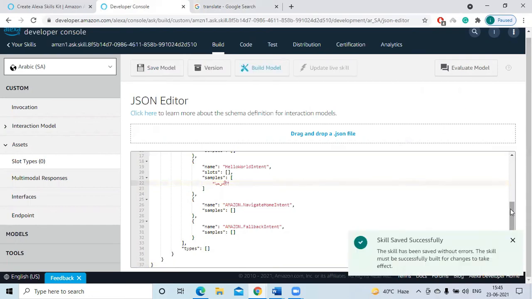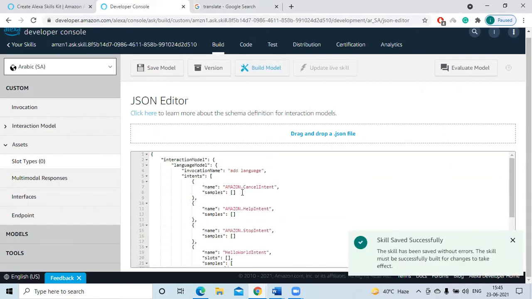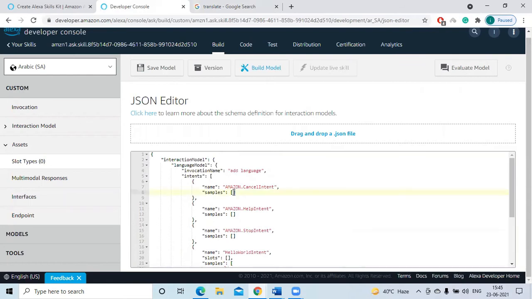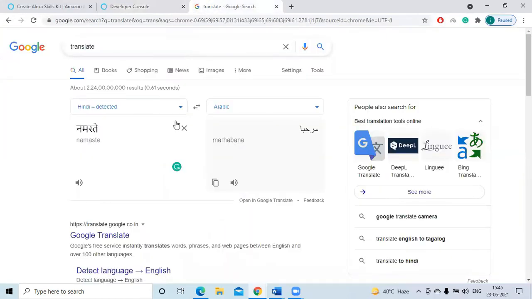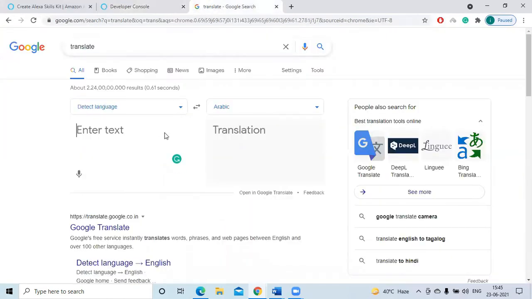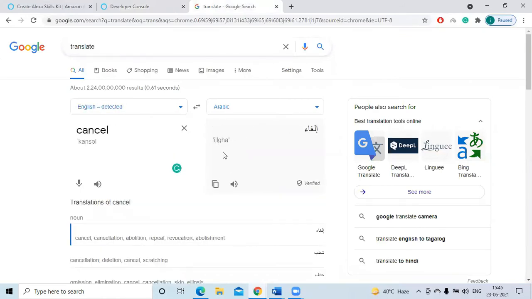You can add anything. For cancel, we have to say some word or phrase to cancel that operation. So we'll add this one in Arabic. What is the translation for cancel in Arabic? So this is the thing in Arabic.